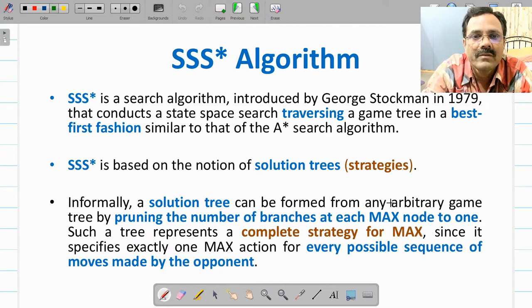For that purpose we defined two parameters, alpha and beta, and passed these two parameters to the alpha beta cutoff algorithm. The alpha parameter was modified by the max node, the max player, and the beta parameter was modified by the min node or min player.